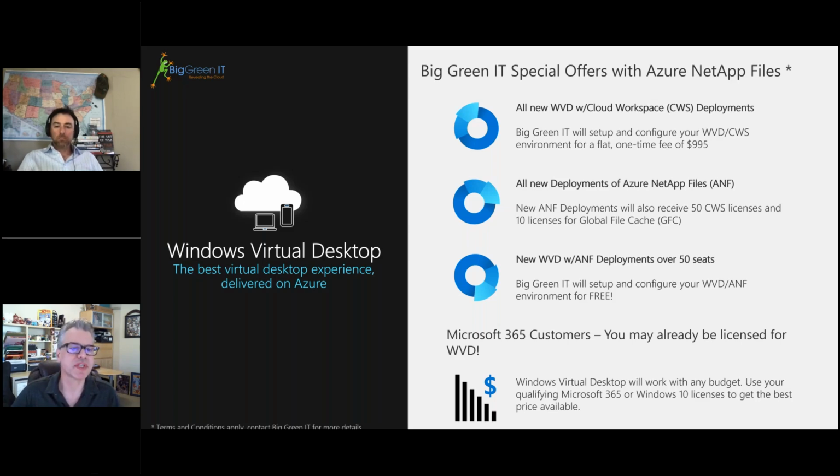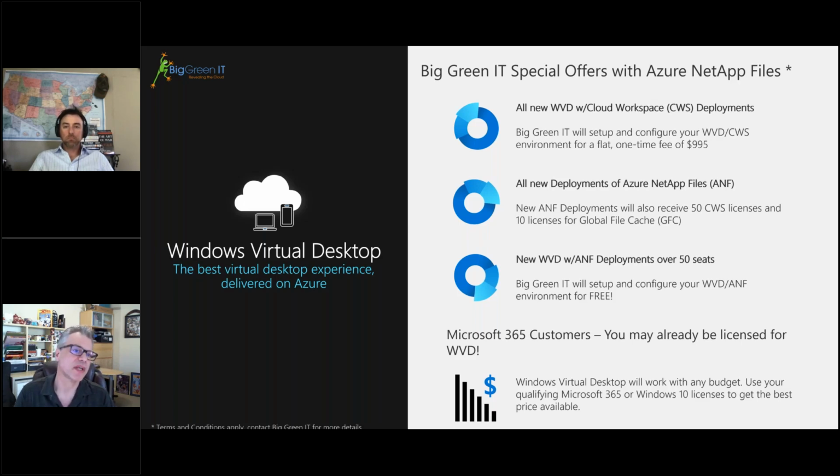There are some promotions here that are specific to the Azure NetApp Files service that Patrick touched on. In a WVD deployment, you've got to put your files somewhere, and we can do it all the different ways. Again, this is not a use-it-or-lose-it situation where what we've been talking about only works if you do it a certain way. But with your profile files that have to be somewhere in WVD, there are 3 different ways to do it. We can do it on a file server, you can do it directly in Azure Files, or you can use